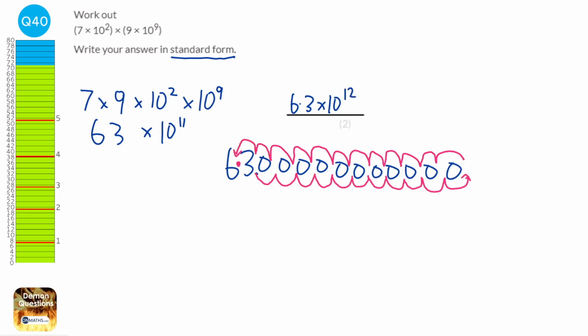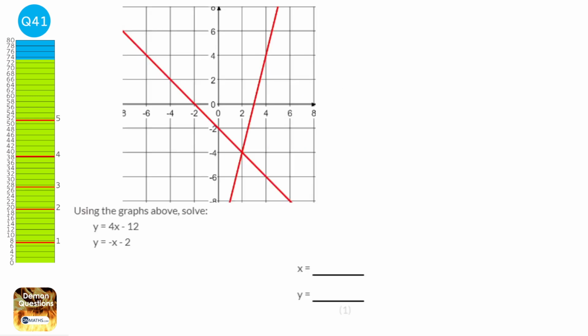Now you don't need to do all the working out I've just shown there. You just need to know when you convert that 63 into a 6.3, you need to add 1 to the power. When solving simultaneous equations graphically, if you draw the lines to both graphs, which we have done here, the